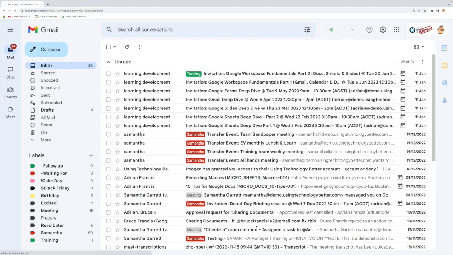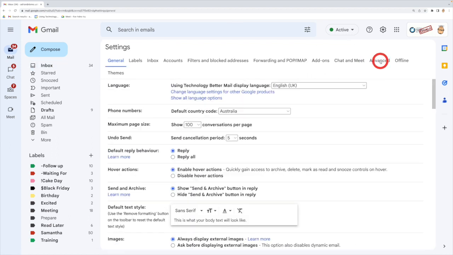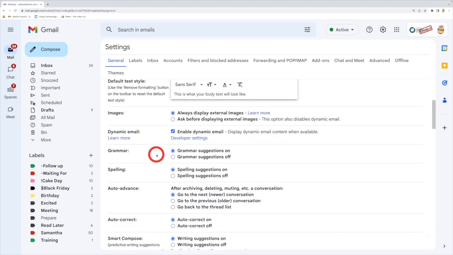Then we need to come back into our settings again, see all settings, and come back to our general area. Now the reason for this is in our general area, if we come scrolling down, there'll now be a section